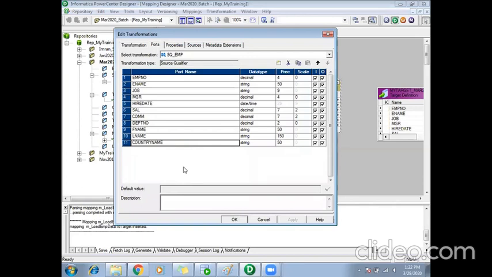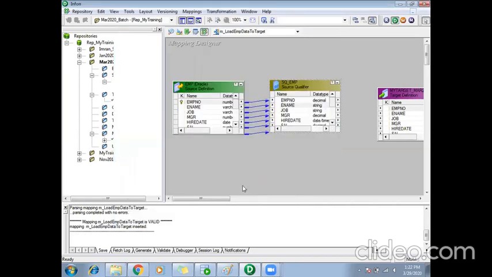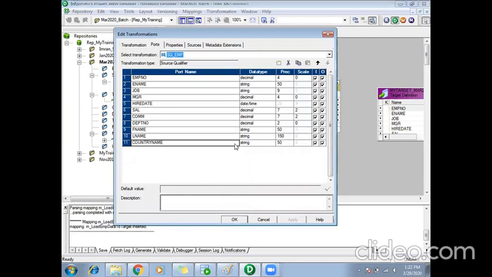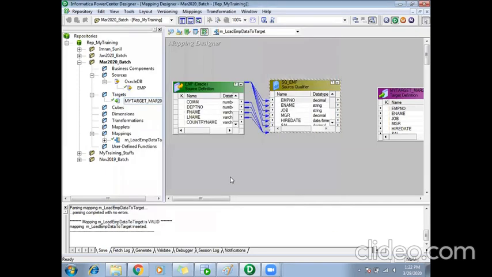At this stage, you can't make any changes in your source definition, so you can remove your unwanted columns in your source qualifier. I can select it and remove it. This is the best practice you are supposed to follow.